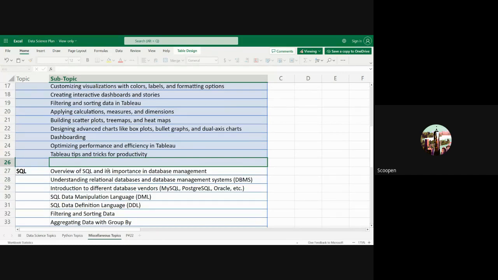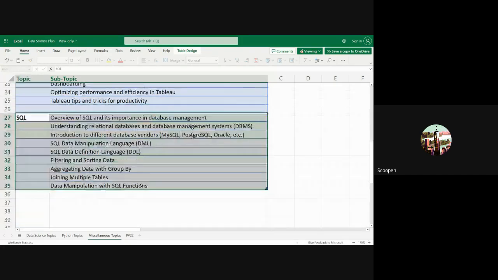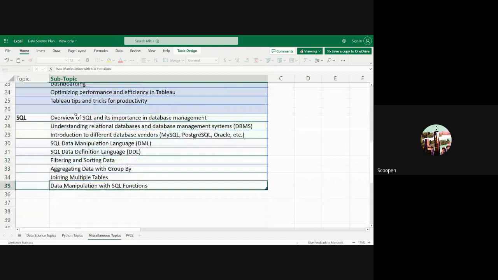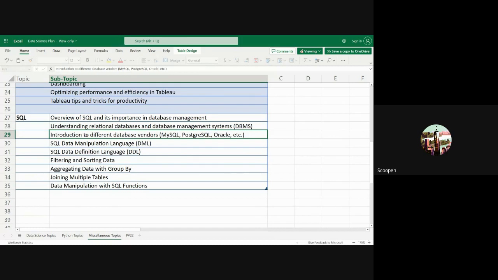SQL is an important language that you have to learn again as a data scientist, but you don't need to go really deep into it. We'll be covering different databases, an introduction to MySQL, Postgres, Oracle, Redshift also, and